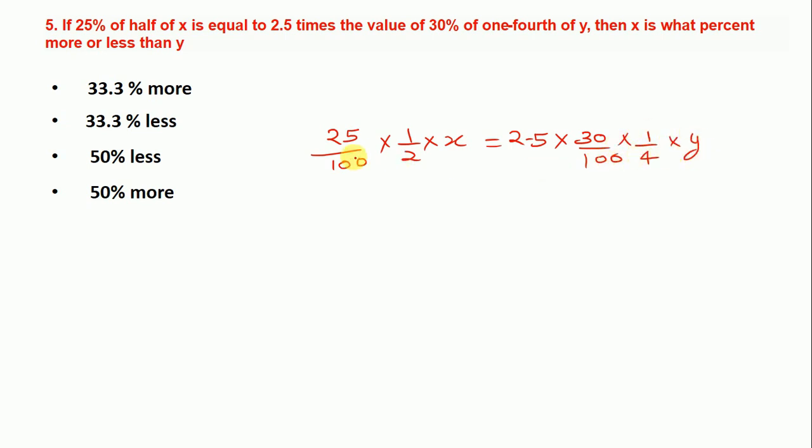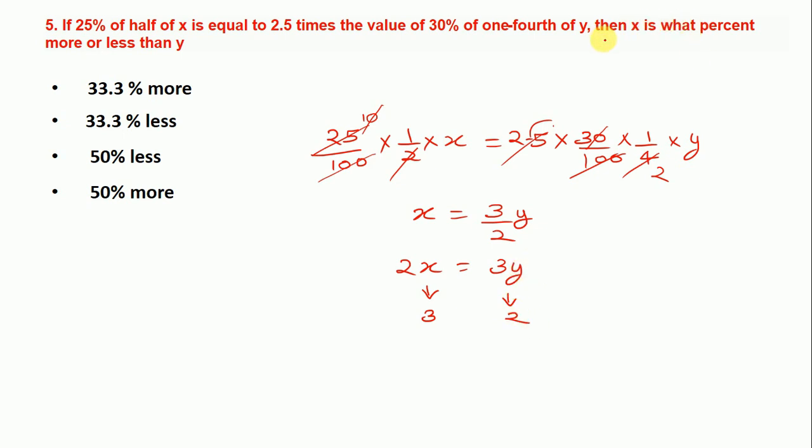So just cancel 2500 by 100 and 2.5 by 25, and here will be 10, and this 10 will be cancelled by this 0, and this 2 will be cancelled by this, and here will be 2, and the only thing that will remain is 3 by 2 y. So 2x is equal to 3y. So this equation can be equal only if value of x is equal to 3 and value of y is equal to 2.